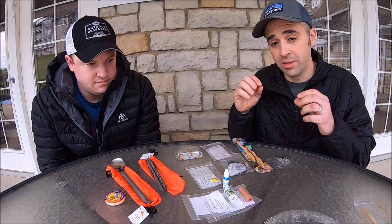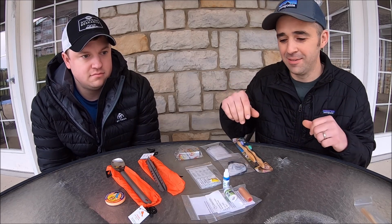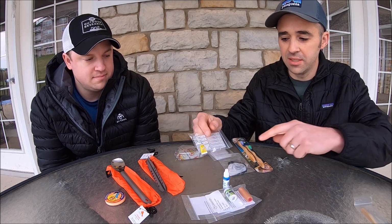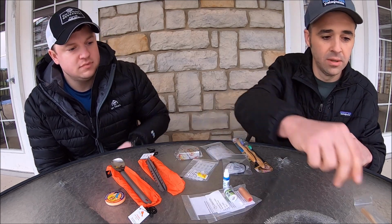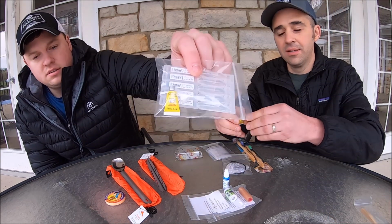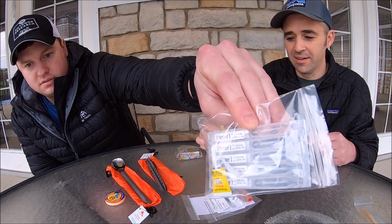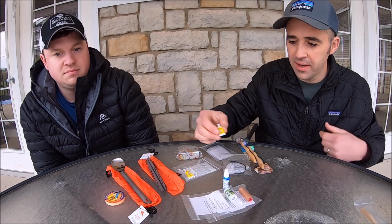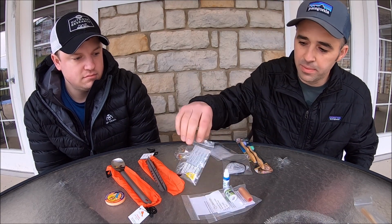So on to the tiniest of knickknacks I could find to put in here. So, a lot for fun. One of the things I like to carry in my ditty bag is a miniature, just one-time use super glue. So here is mine. I carry that in my first aid kit, repair kit kind of part of my ditty bag, and so I wanted to put one of those in there. The other thing in this bag is